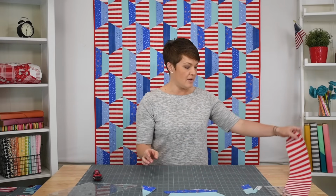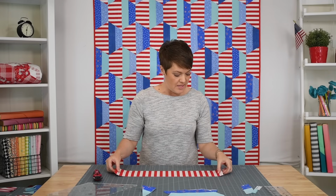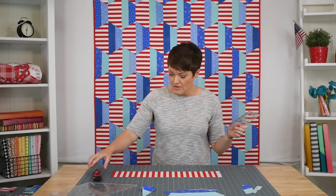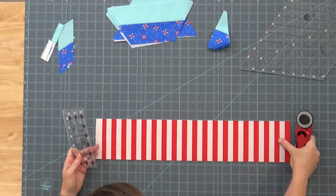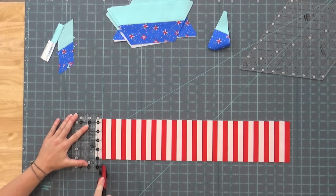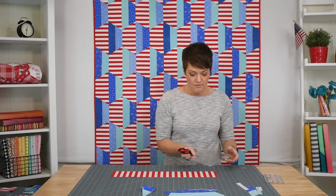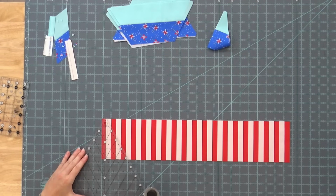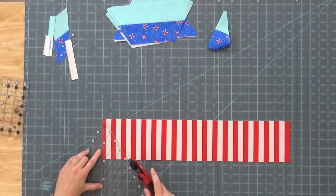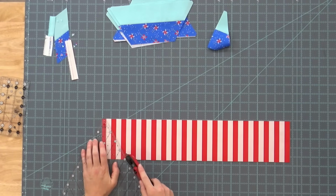Now for the stripe, it's the same cuts, but it's a solid piece of fabric. It's not a strip set. So here again, we're going to start with the end, trimming off that selvage and getting that same little wedge cut to give us the mirror image that we need. So there's trimming the selvage off, taking the 4.5 inch triangle line here and that left dashed line, just like before. So I'm lining up 4.5 along the bottom, the left dash down the left clean edge,